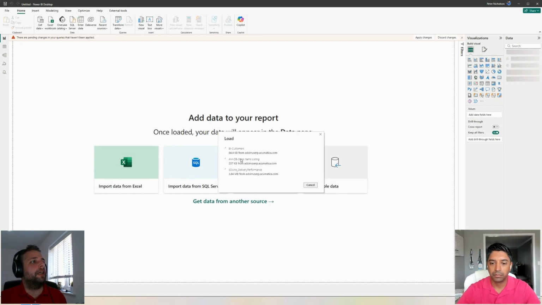Another best practice as this loads up: I'm going to bring in a date table. I know that I've got ship date in my system, in my delivery performance GI, but it's just purely a date. So if we